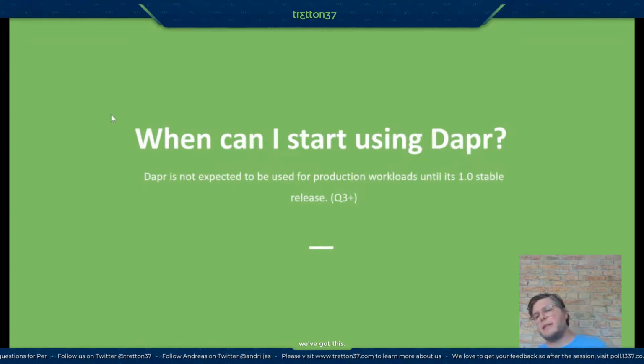And now you might start wondering, in what kind of state is this? When could I actually use this? So as I said, version 0.8 is going to be out the door anytime, and the team and community is working towards a stable specification for 1.0, and that might be in the time frame of the third quarter. And when you have that stable, it's ready for production workloads. But let's see what kind of environments and services are going to be adopting Dapr in this case.